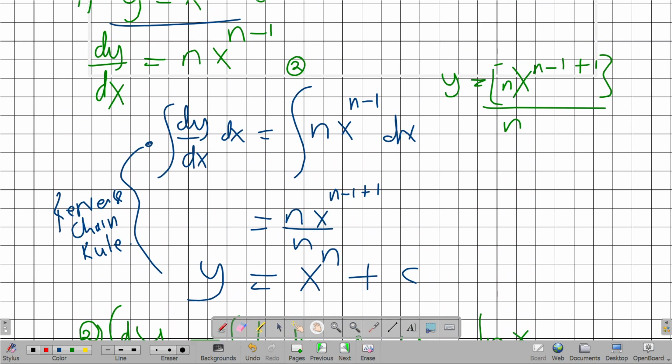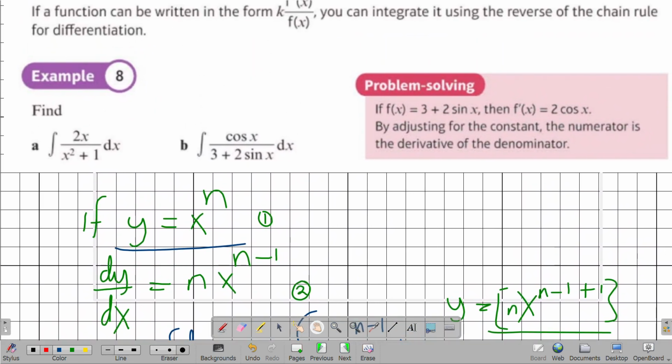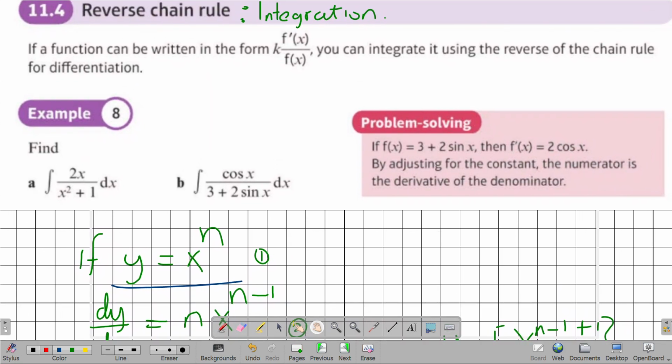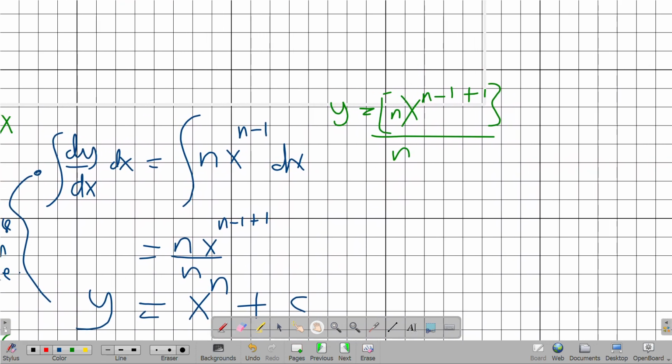All right, let us look at these examples that deal with the reverse chain rule. So the first one, the examples that we're talking about here, are the quotient forms. And when we look at the quotient forms, what comes into our mind is this part. I will explain it again. When we look at the quotient forms,